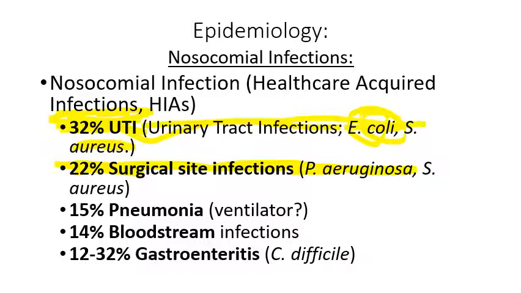About 15% of the nosocomial infections are bacterial pneumonia that's usually caused by dirty ventilators. 14% are bloodstream infections, bacteremia or septicemia. And anywhere between 12 and 30% are gastroenteritis. The gastro refers to the stomach, and enteritis refers to the intestines. So this is an infection of the stomach and the intestines, which is usually caused by our old friend Clostridium